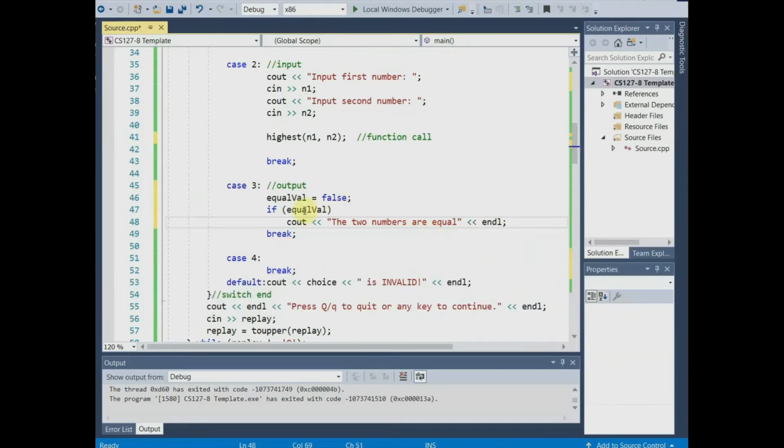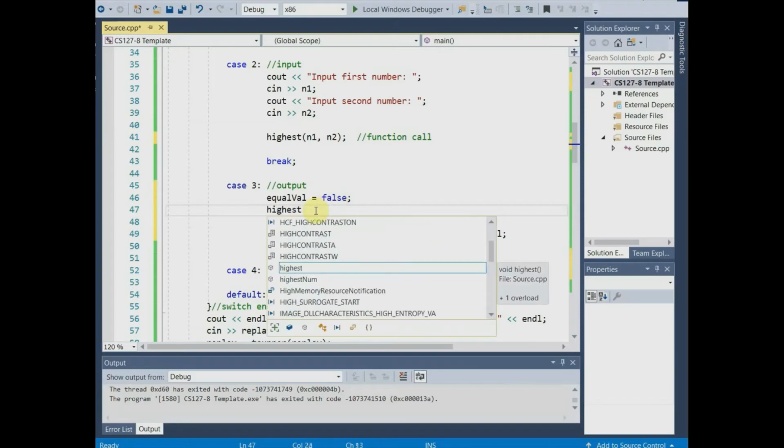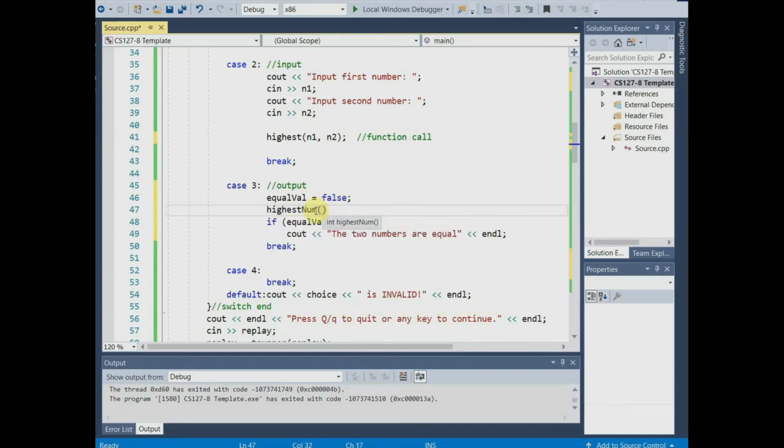So this is what will happen. I initially make the value of the equal val variable false, and then I call the function highest num. In that condition, equal val will become true, and it will display the two numbers are equal. If not,